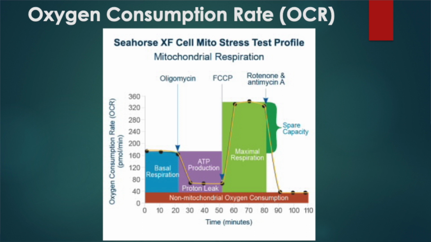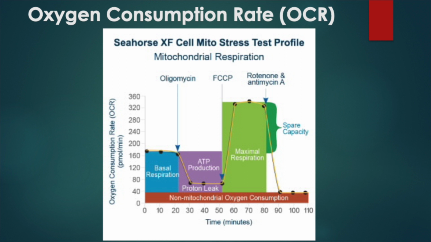So the amount of oxygen that is used by the mitochondria is measured by this particular mode, that is OCR. Both these modes are operable in the same instrument, which is the extracellular flux analyzer. In an OCR assay, the first step is that we initially measure the basal respiration of the cells. So at basal level, what is the amount of oxygen consumed? That is given in this diagram. From this you can see the basal respiration is highlighted in blue color.